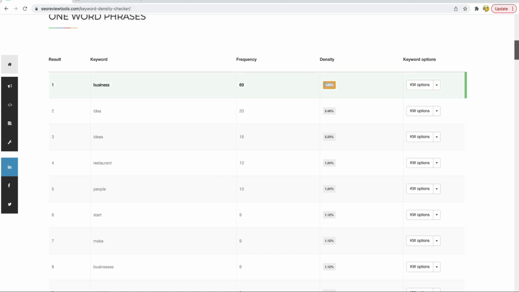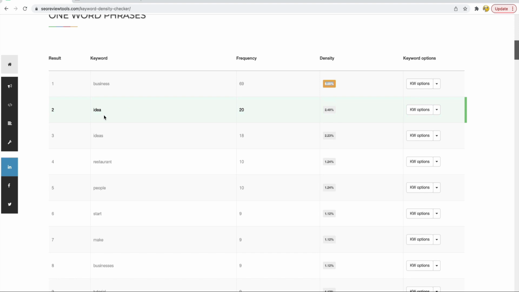Definitely, I agree, an 8.5% density is something to be careful of. Here I did it by accident because the word business just appears a lot in this kind of content. But if you stay under 7% and over 3% with the keywords you really want to target, you're in the safe area. And let's say you make a page, your keyword density is 3%, and it's not ranking, well then